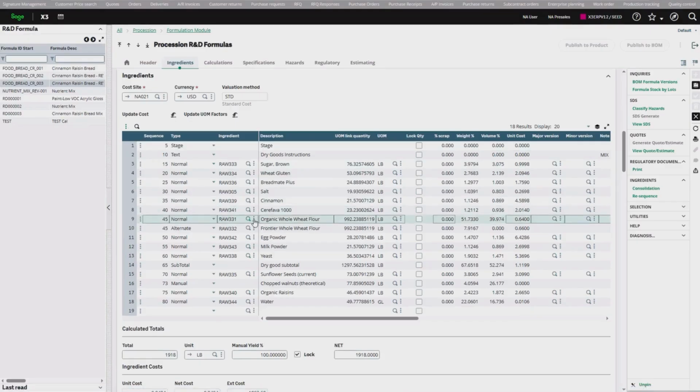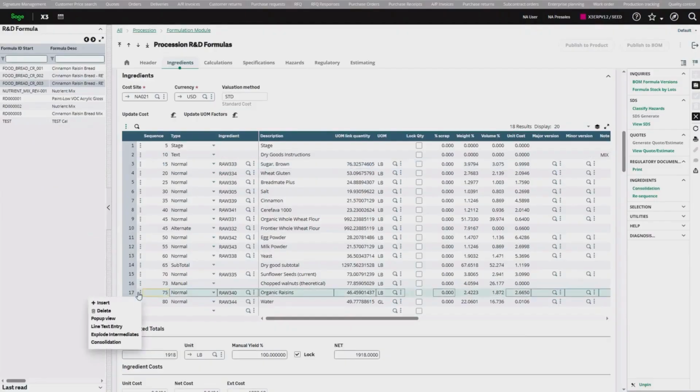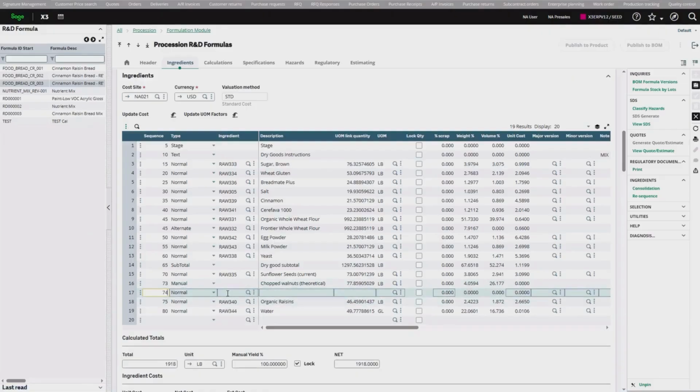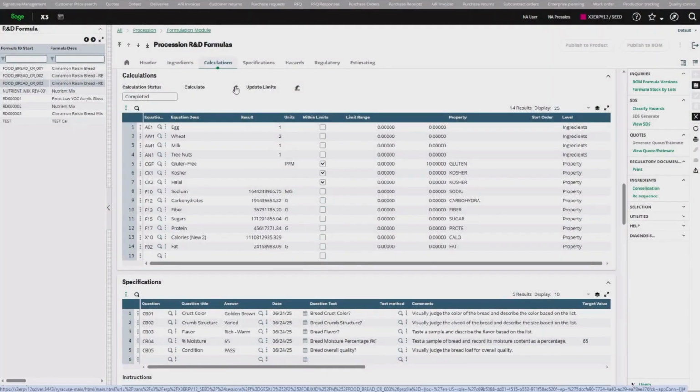Let's review the ingredients bill of material structure, which shows how Sage X3 handles semi-processed items like pre-mixed grains, exploding them into individual components or consolidating as needed to align with production and inventory planning. Second, allergen roll-up. Let's simulate an ingredient change. Notice how allergen data in the product profile updates instantly, giving full visibility into food safety risks and supporting regulatory